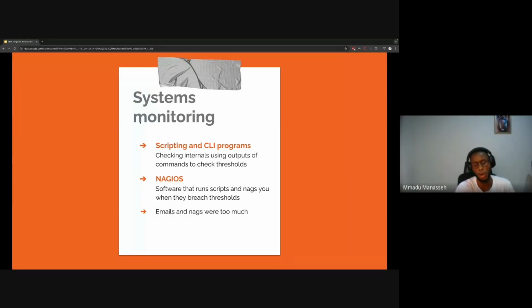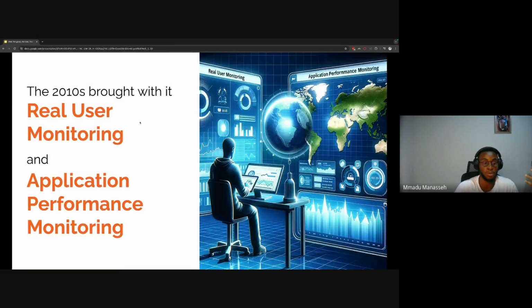And for a long time, this particular solution was fine. People were okay with it. We just have a lot of scripts, and they run each of these scripts at regular intervals, and then find out what is happening in the system. And I think then the most popular tool for instrumenting such observability was Nagios. So Nagios was there to run the scripts and then nag you if there is an error. That was why the name was Nagios, because it was trying to nag you when there's an error. And as you know, when you have hundreds of scripts, the nags can become too much, and people were like, okay, no, we need to move on from something like this.